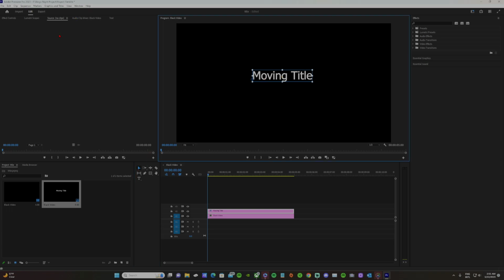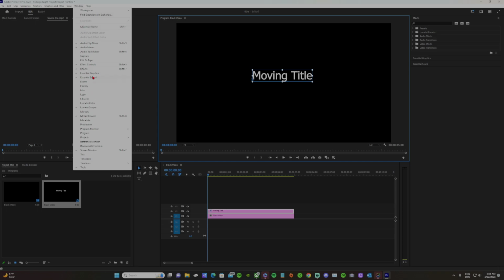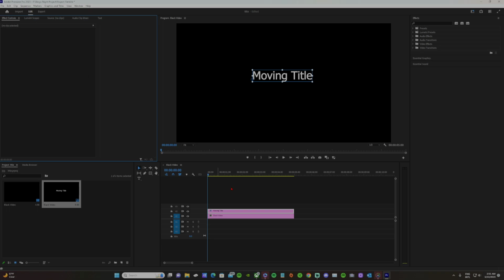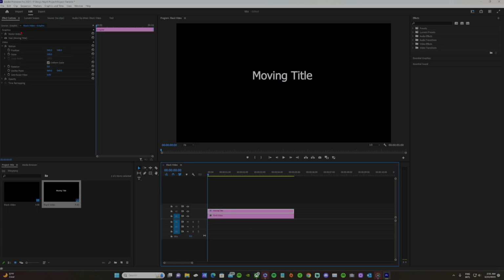And once we have that, if you don't have Effects Controls up here, you can go to View or Window and Effects Controls right here. Click that if you don't have that right here. But we're going to click this, and then, so position,